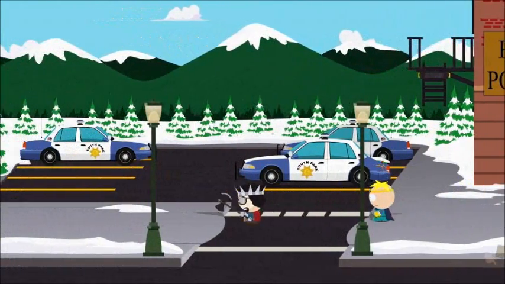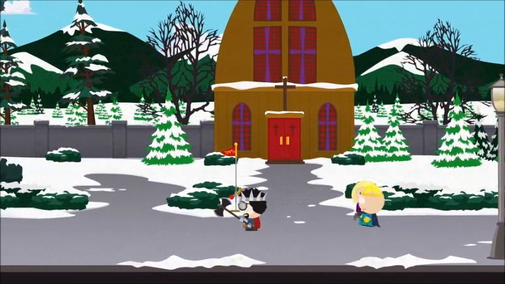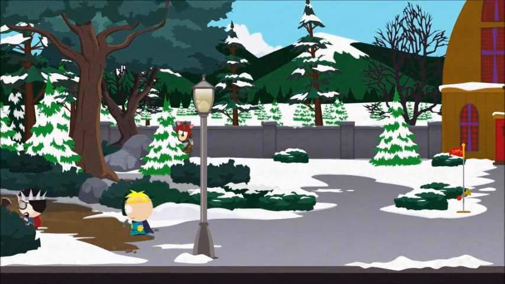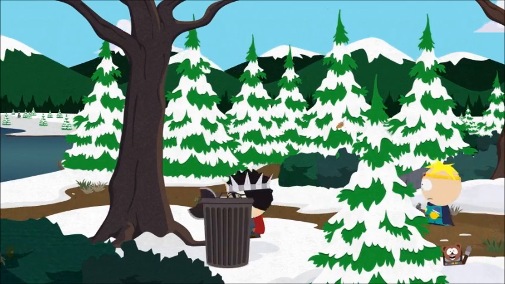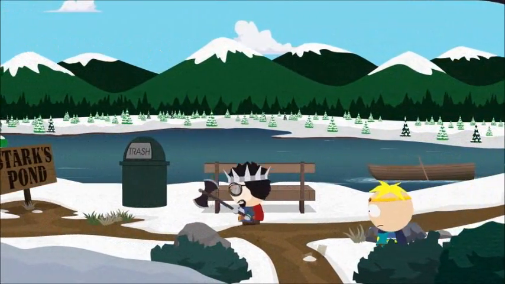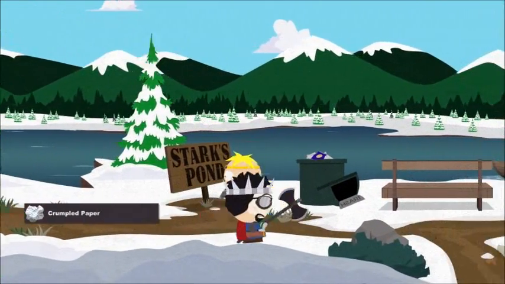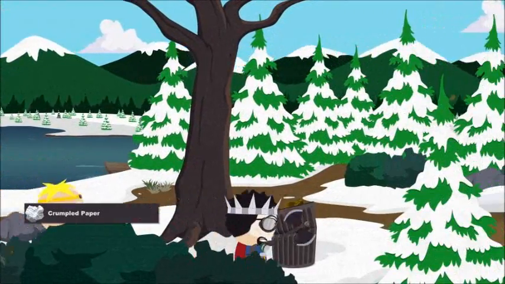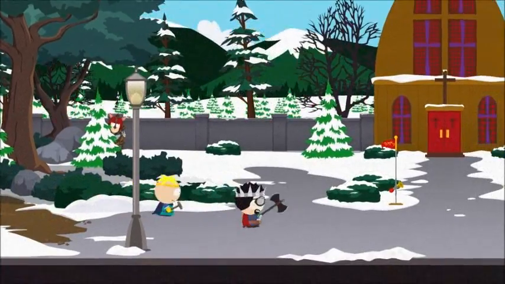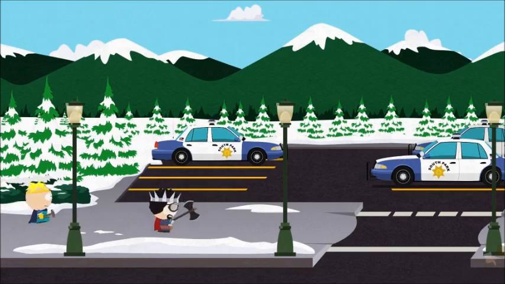Okay. So we're by the police station here. Let's cruise over this way. Here we've got our church. And I believe this is... okay. It's a good idea to smash anything that you can, because you'll find junk and other materials in there that you can sell for later. Stark's Pond. Let's go back this way again. Thought there was another way to get up there, but...